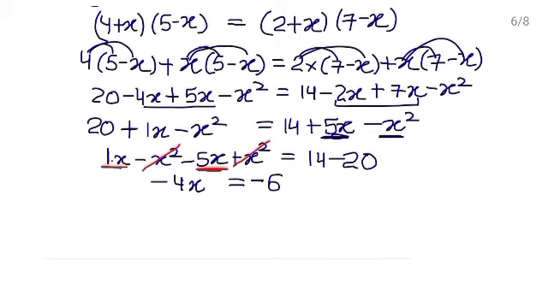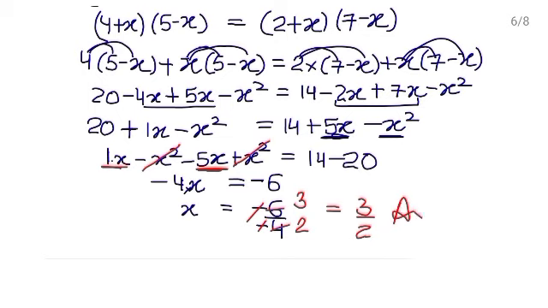Now minus 4x means minus 4 multiply x. You want to find the value of x now, so move this minus 4 to the right hand side. So after moving to the right hand side, this will become in division, right? So x is equals to minus 6 divided by minus 4. Minus sign to minus sign cancel out. 2 3s are 6, 2 2s are 4. So this is 3 upon 2, which is your answer.